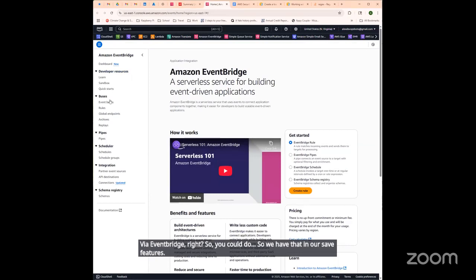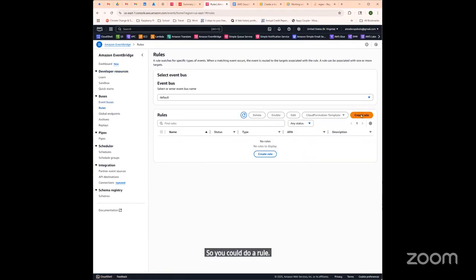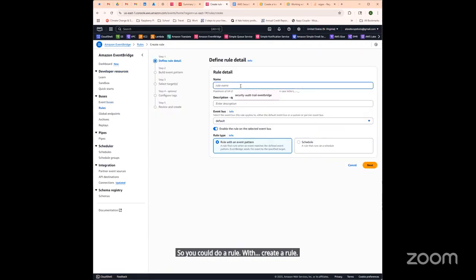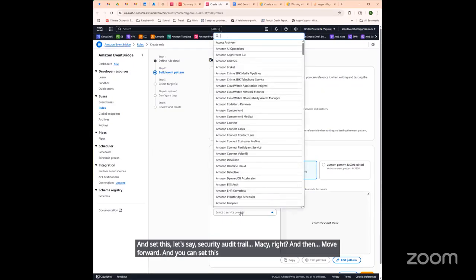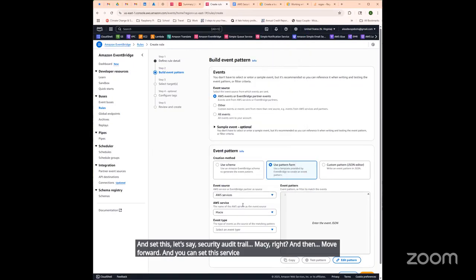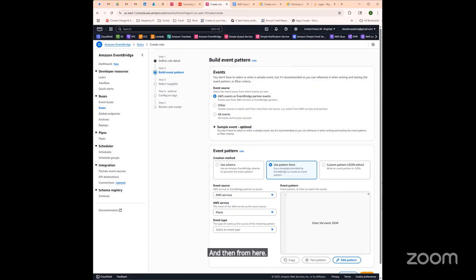You could create a rule and set this, let's say, security audit trail, Macie, and then move forward. You could set the service from Macie, and then from here, as a source, you could say event type, Macie finding, and set it to